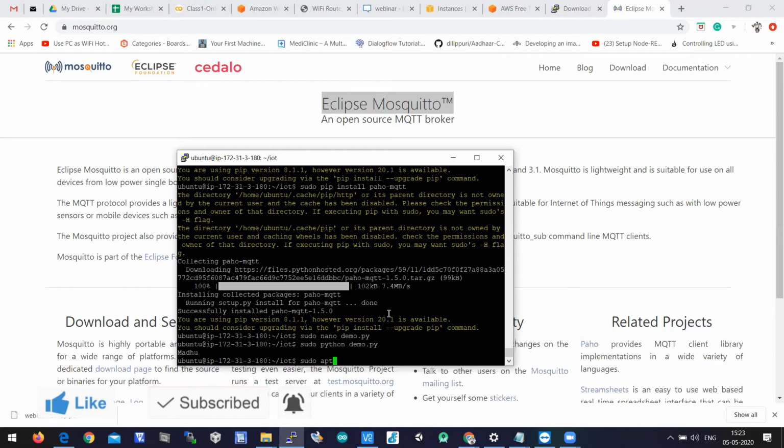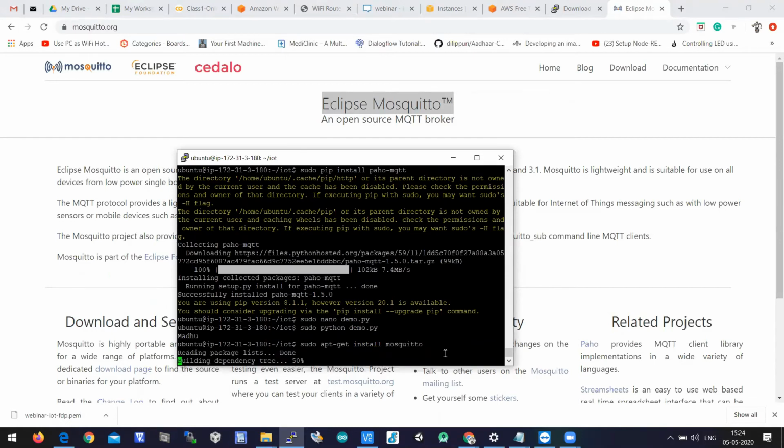sudo apt-get install mosquitto. The spelling is M-O-S-Q-U-I-T-T-O. I will send it in the chat for your reference. Sudo apt-get install mosquitto.